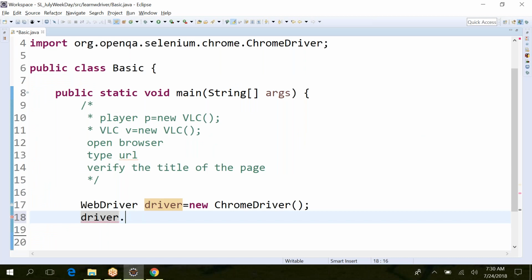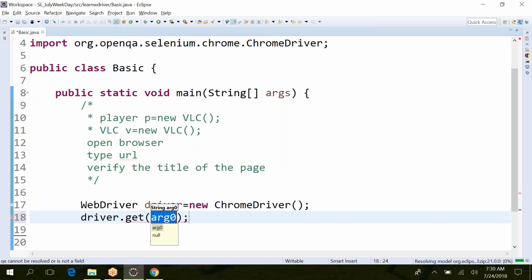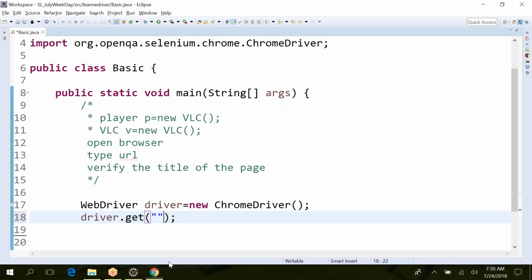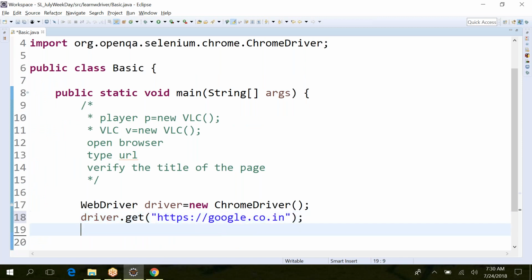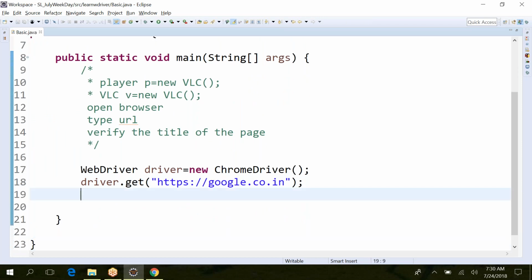Okay, let's write driver.get. Here is the input URL. I'm passing https, .co.in. After opening google.com, say I just type the URL using